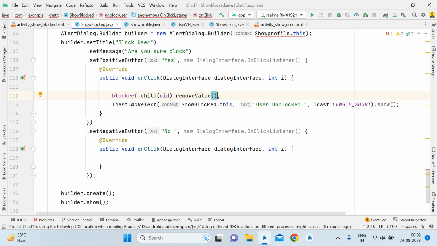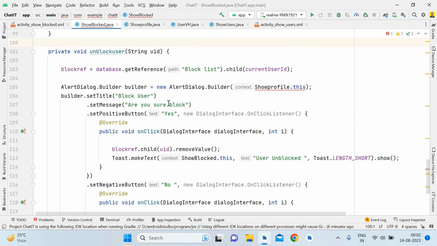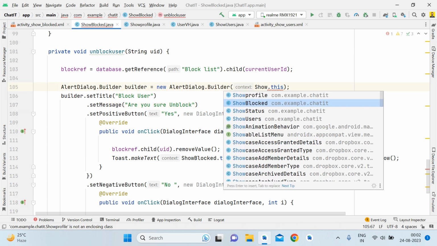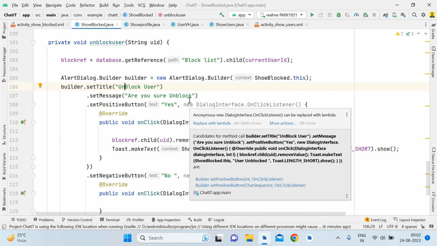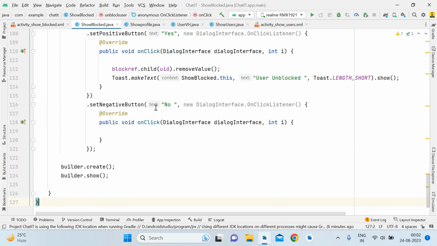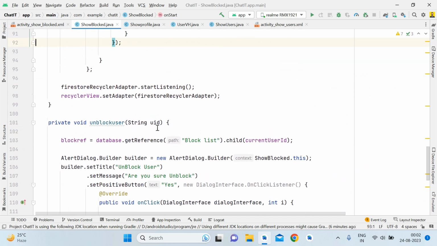Fine guys, so you have to do this change, and also are you sure to unblock, and make it show blocked. Fine guys, so now this time when user will click on the name of the user, they will see an alert dialog that are you sure unblock user. Just make it unblock user. Okay, so are you sure to unblock, and if user will click on it, we will remove this reference, so the user will be simply unblocked. Fine guys, so now our unblocking part is successfully done,